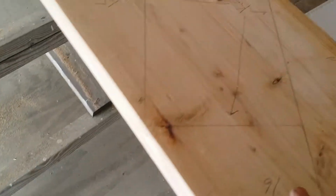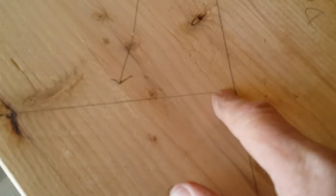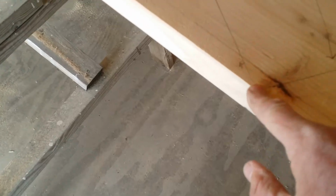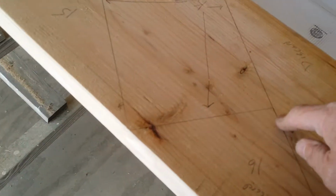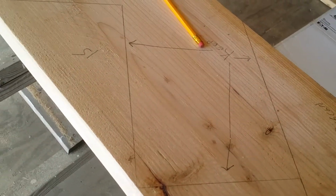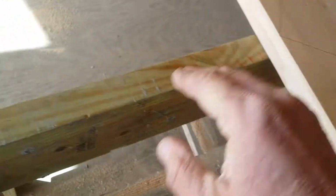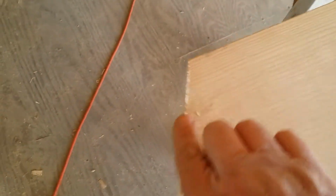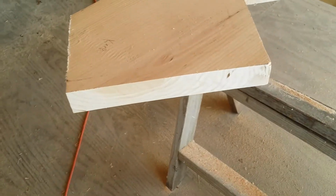I believe what I have to do is, because this is 6.92 inches, cut it 1.5 inches short of that, because I'll put 1.5 inches of lumber on top of this, and then the step from the landing to the top of that will be the 6.92 inches. That'll be the last adjustment that I have to make until I get up to the top. And you see, this is the piece here that will go against those red boards that I was pointing out to you. When I get up to the top,